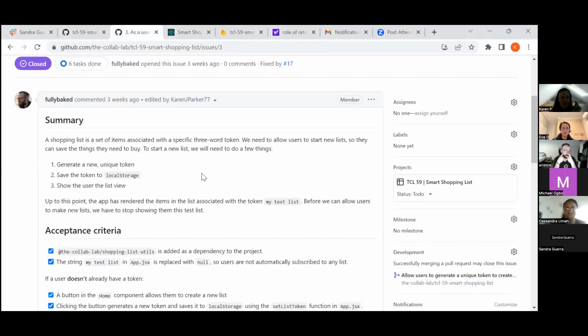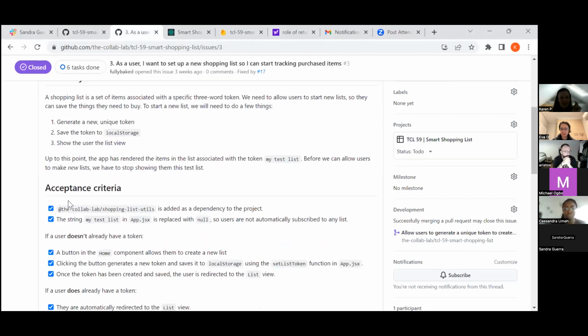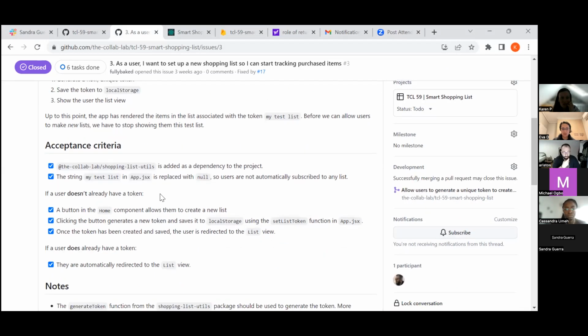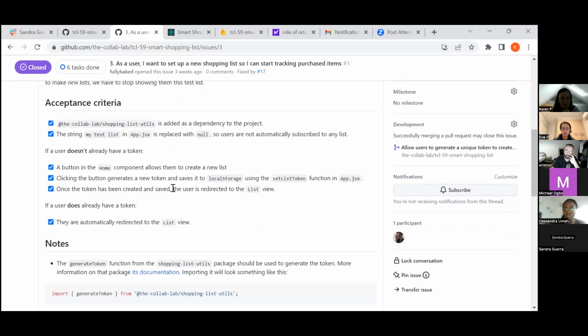So this was our issue. First of all, we had to install the dependency from npm, by doing npm i and then installing the Collab Lab shopping list utils package. Sandra will show you the code in a moment, but we adjusted the code in app.jsx so that it didn't default automatically to my test list, and people could set up their own three-word token.